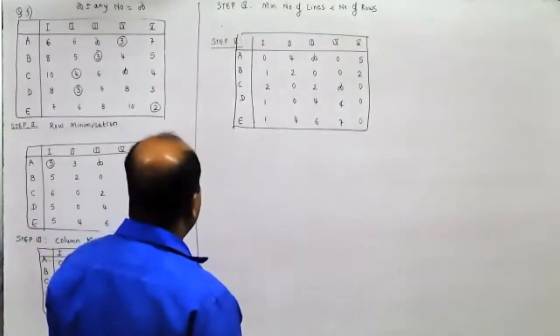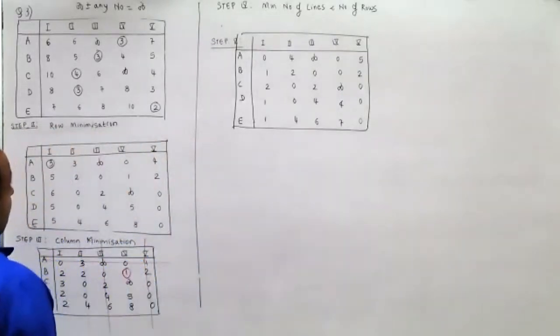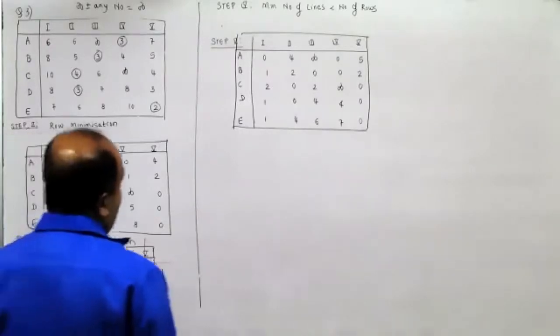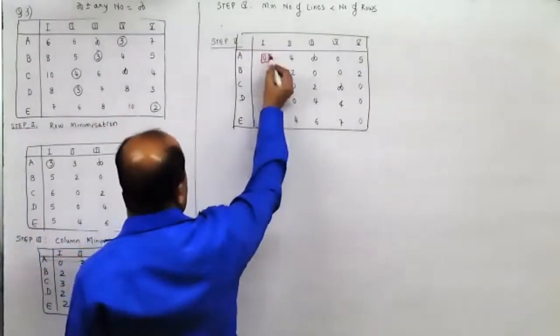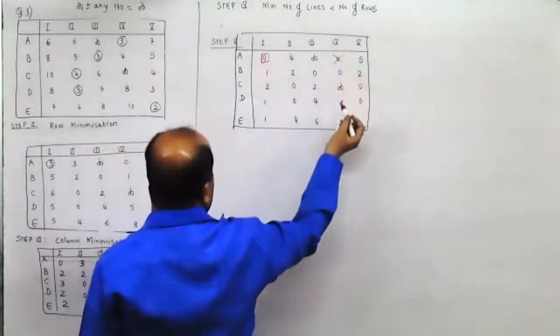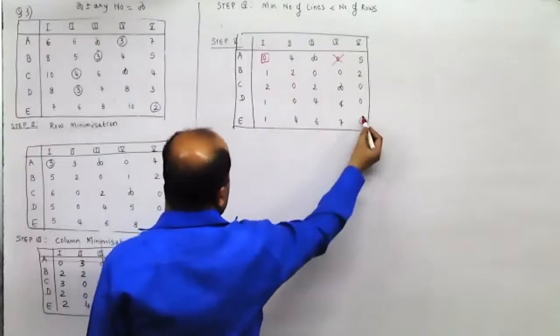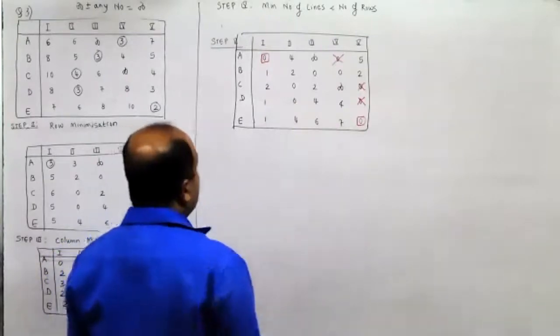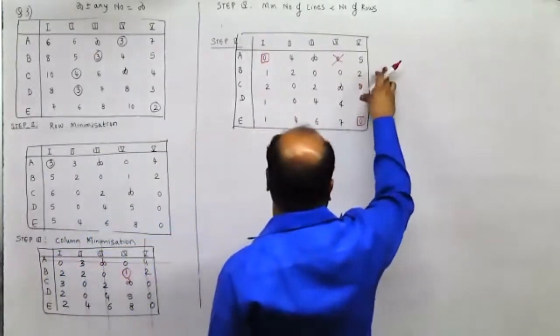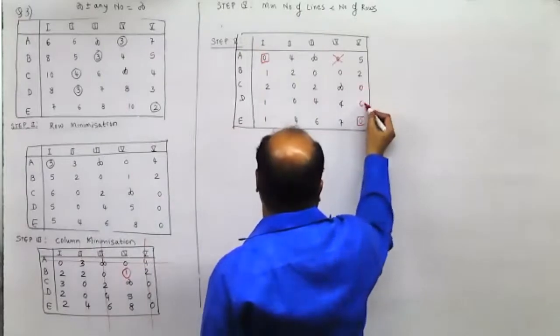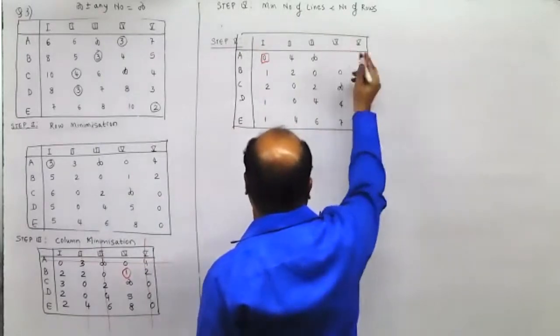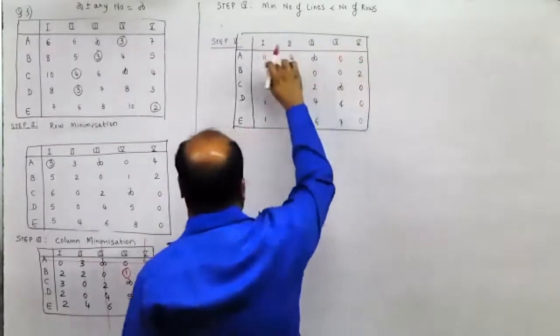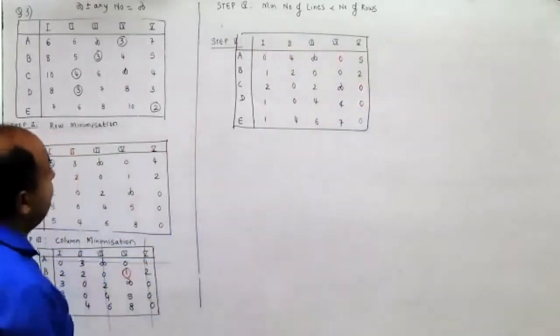here again, how many lines are required now? I'll try allocating here. This is 0. This would get cancelled. Then any other row where there's one single 0, this is 0. These two would get cancelled. This is no. It can be done in lesser number of lines. How? What are those lines which can be drawn here?